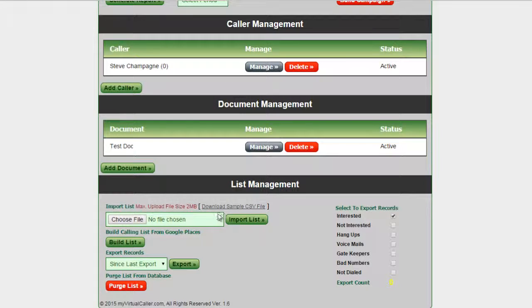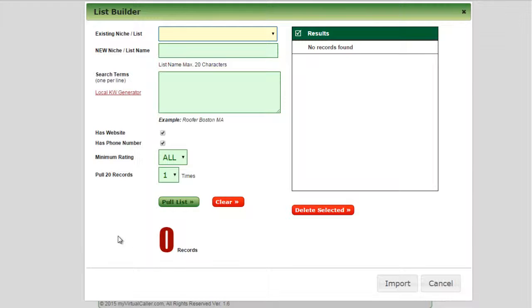So down here in the list management section, you can still import a list, of course, but then what you want to do is click on this button that says Build List. And you're going to get this dialog box. Step one in the list builder is to either assign the records that are going to be pulled in to an existing list or create a new list. And so let's create a list of chiropractors, right,